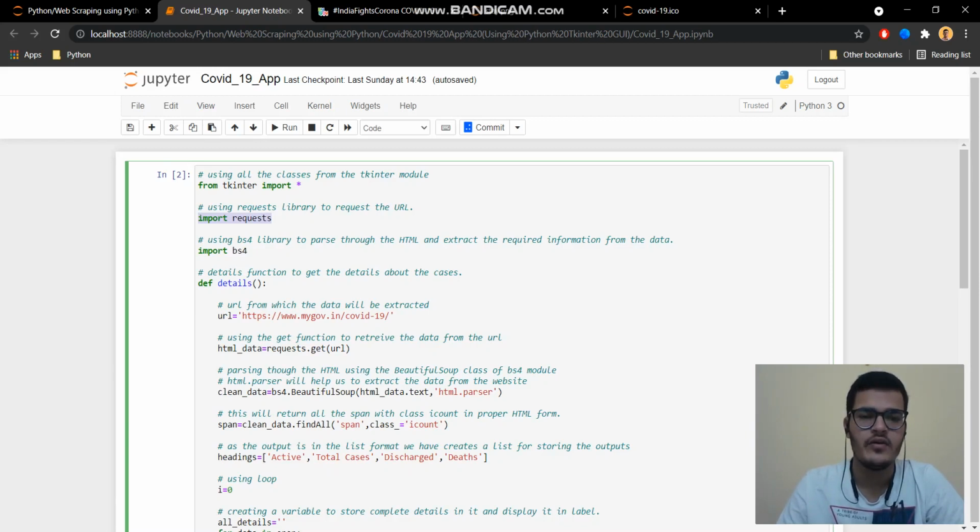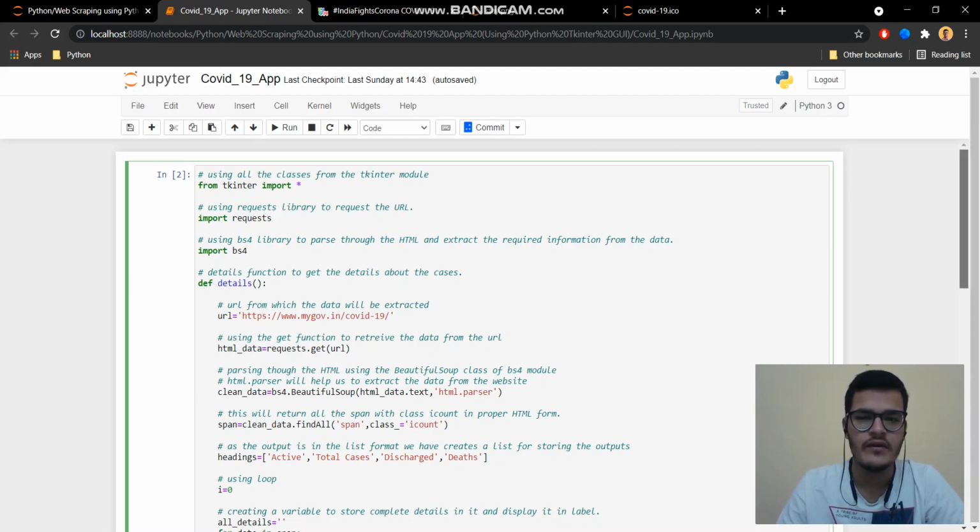After that, I have imported a library named BS4. The main aim of this library is to parse the HTML and extract the required information. The data which we get from the website, this BS4 module will parse through that HTML data and extract the useful information. So let's go on with the project.